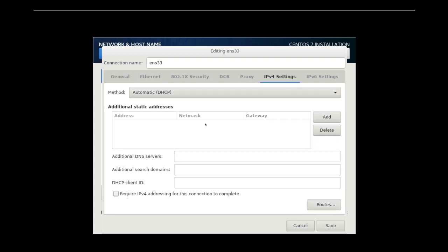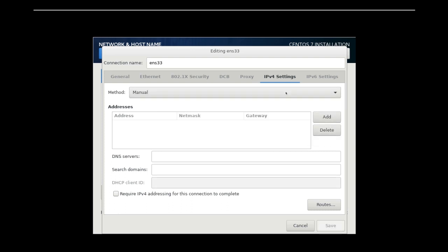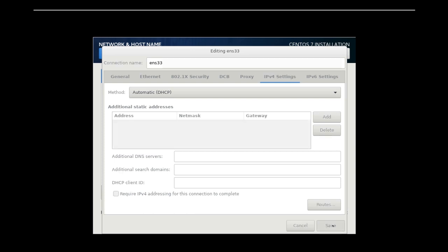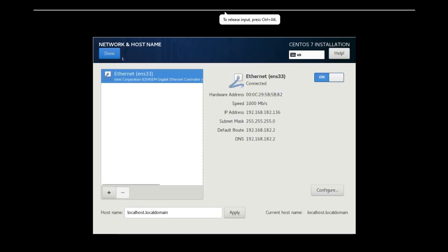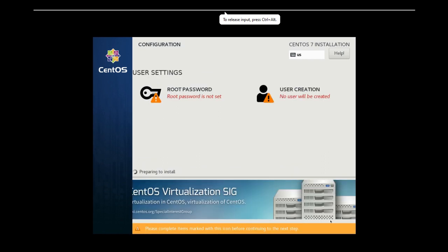If you want to give a static IP address, select static manual and give the IP address. Don't want to give, hit save, done, begin installation. The next step is to give a root password.